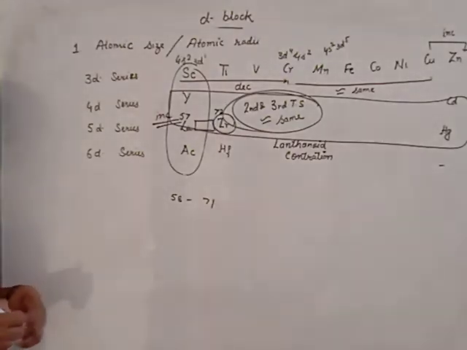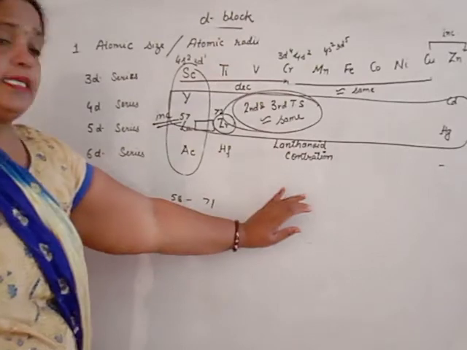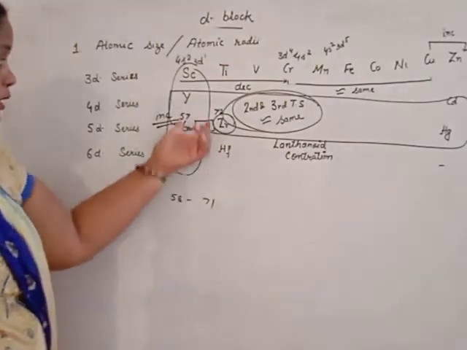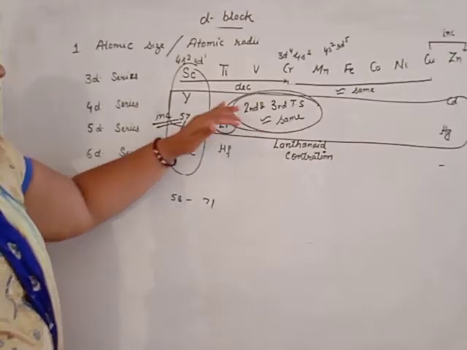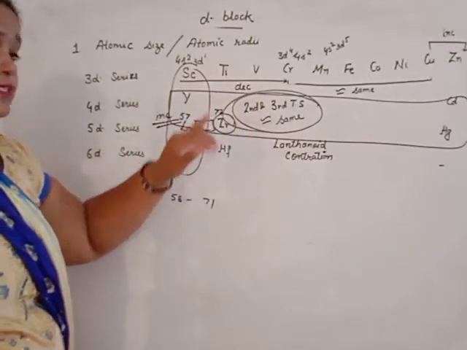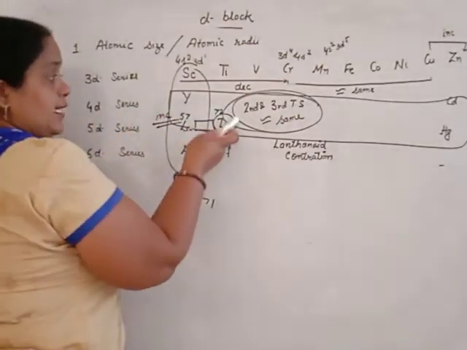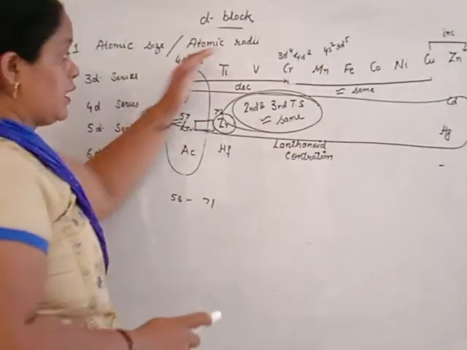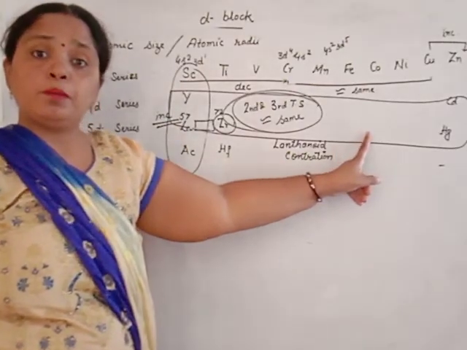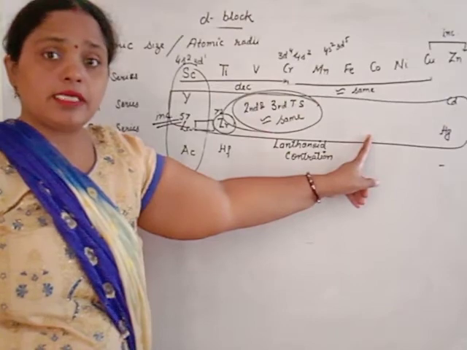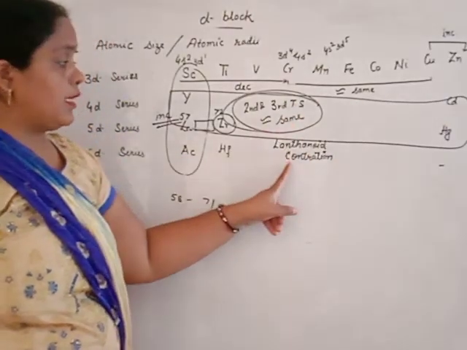These are lanthanoids, F block elements. They are present here. Period wise size decreases. They show the effect here. As a result, the atomic size of the second and third transition series remains the same. Due to these lanthanoids, size remains the same. Down the group size increases. Size of the third transition series will be more, but not exactly. They are the same as the second. The reason is lanthanoid contraction.